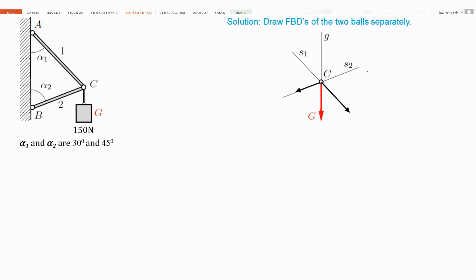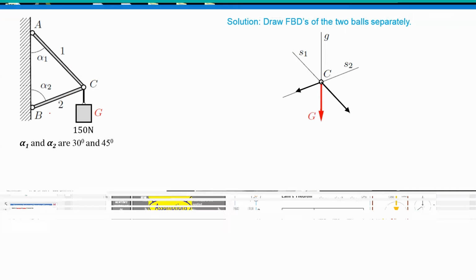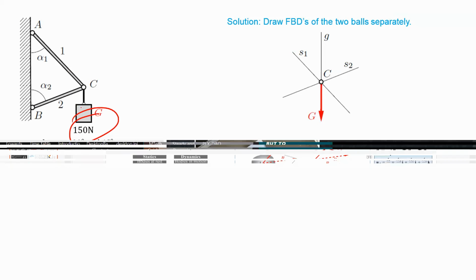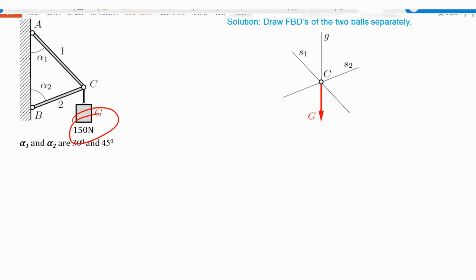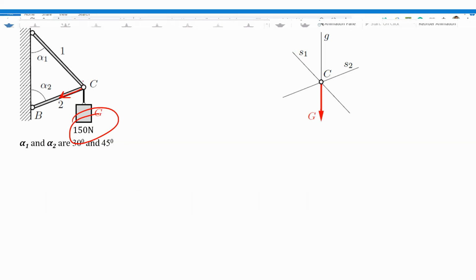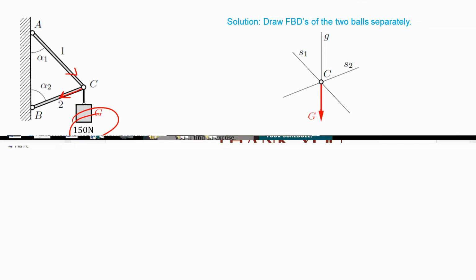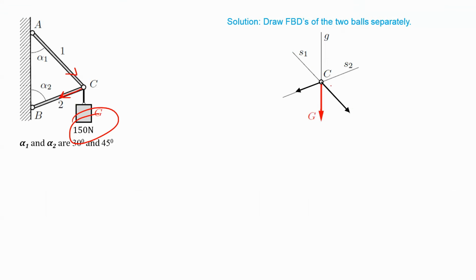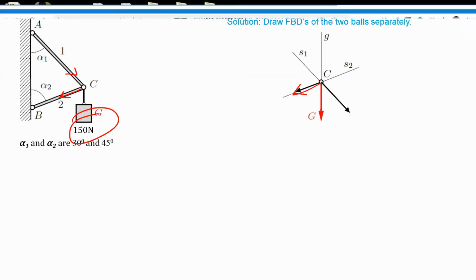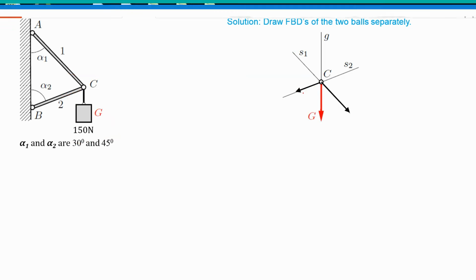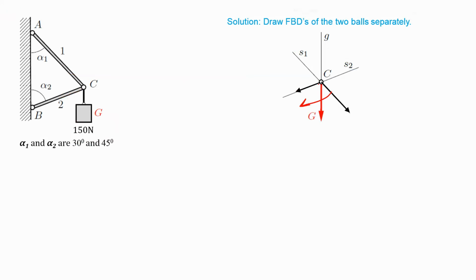Anyway, let's give some more time to this problem. Here, this is the external load. Now this external load will produce a force along this direction in this link BC, and it will try to pull this link AC. That means along AC, I should draw the direction of force in this direction, and for BC, I should take the direction of force towards this one. Now, if you want to make a triangle, you can shift this force over here, starting from the head of this force. Then you can draw it and you will get this triangle.